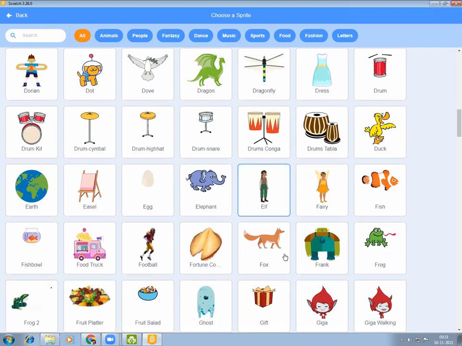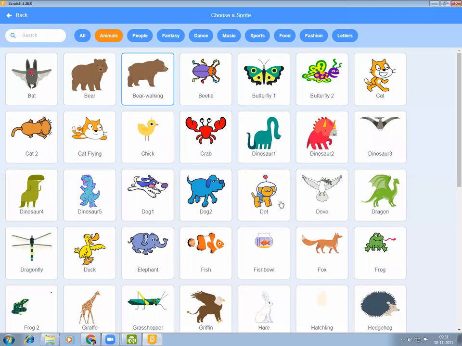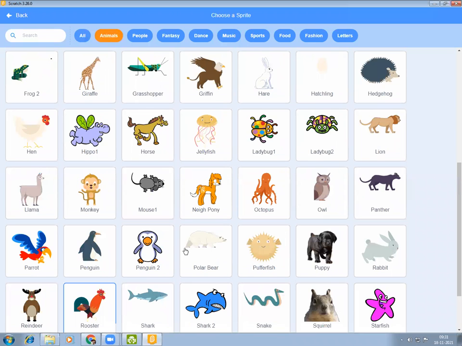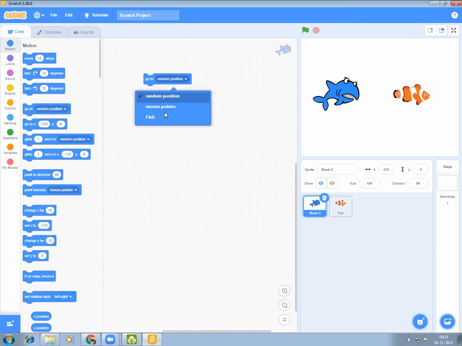We have already placed a shark there. Now click on animals. We have to find where the small fish is. Here is a shark, here is a small fish. Then we have to drag the go to random position block here. So here you can see there are 3 drop down options: random position, mouse pointer, fish.